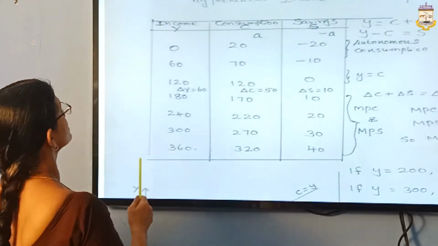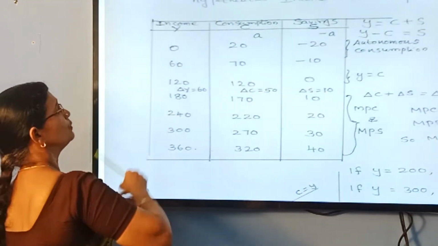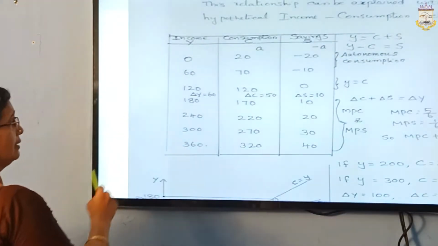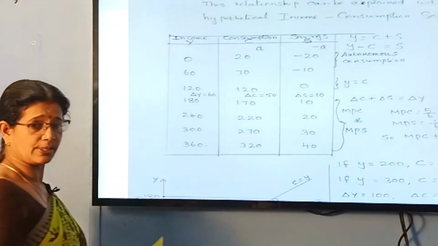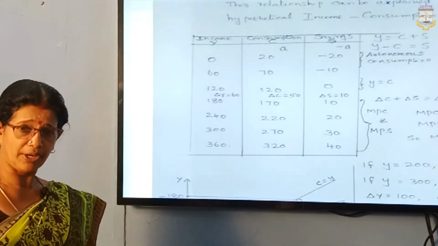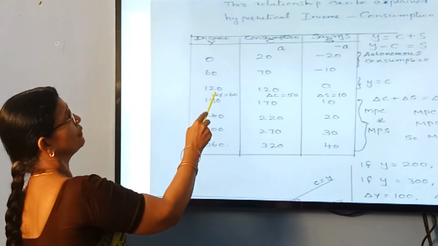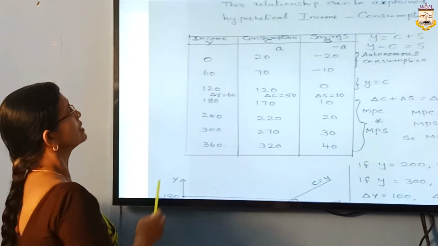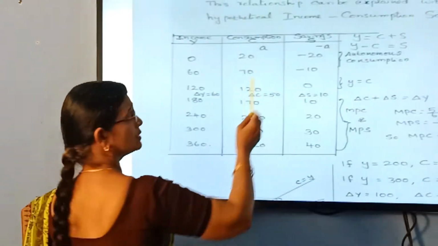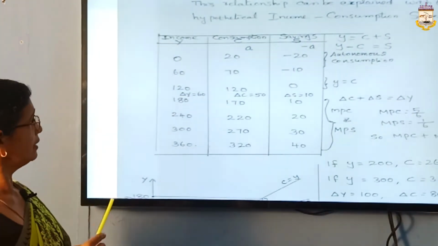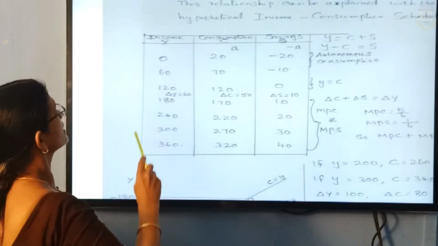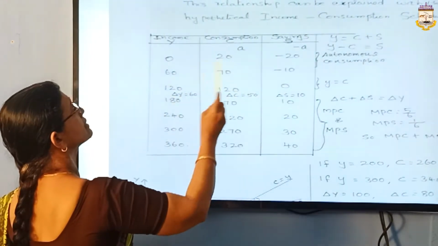Next, in the next case, again income increases to 120 and then consumption is also the same. The people are consuming all the income that they are earning by way of their work for the purchase of goods and services. In that case, Y equal to C. Then there is no saving. It is zero saving. This is an important characteristic of this consumption function where Y equal to C, zero saving,